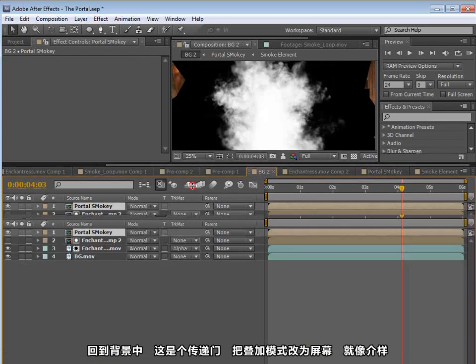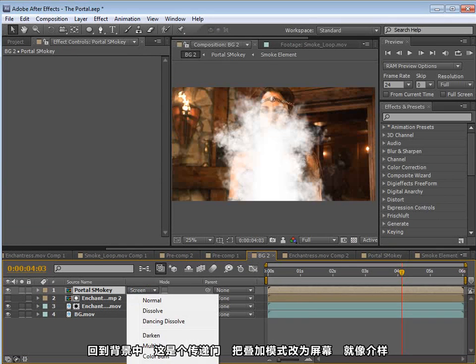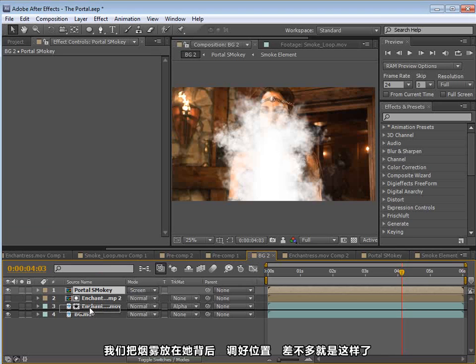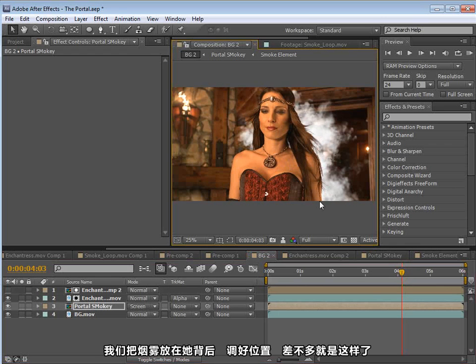We have our portal here. We'll set the transfer mode to screen. There we go. And we want to put this behind her, and we'll move it over to the side a little bit. And